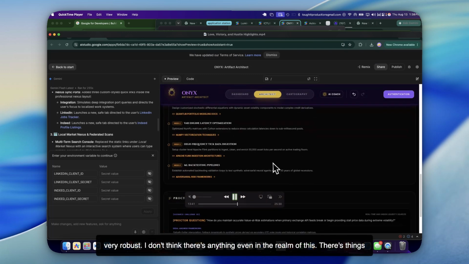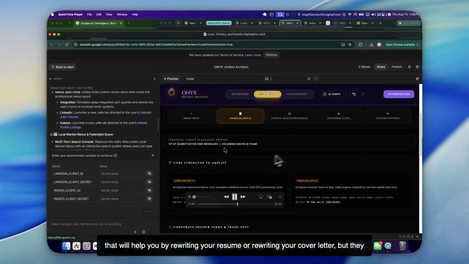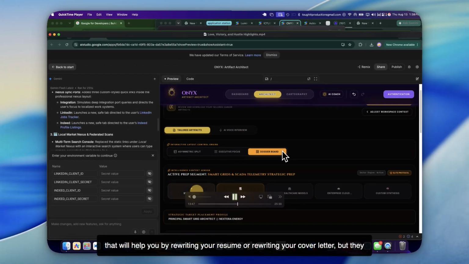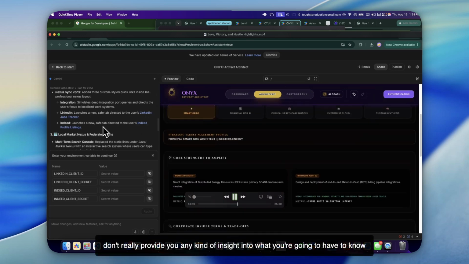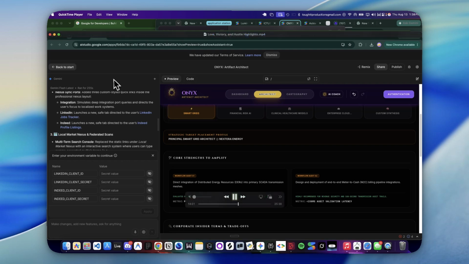I don't think there's anything even in the realm of this. There are things that will help you by rewriting your resume or rewriting your cover letter, but they don't really provide you any kind of insight into what you're going to have to know once you get the job. So I'm sure it might help you get the job, but you're basically just having someone lie and you're not really figuring out what you need to do. So this is